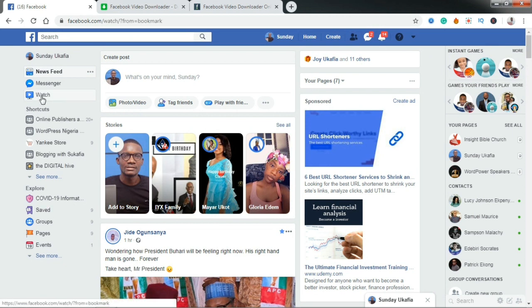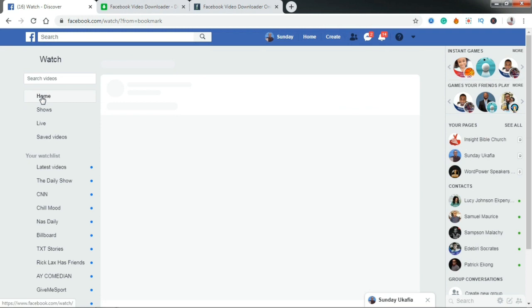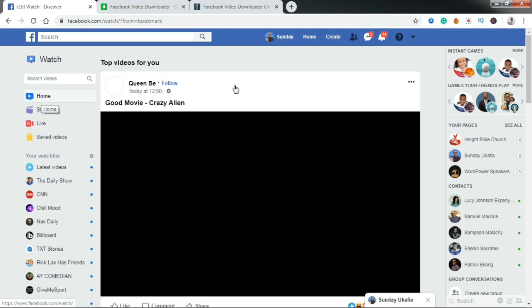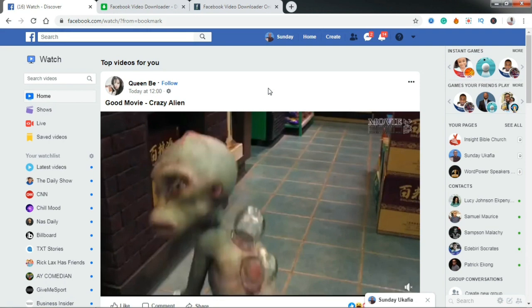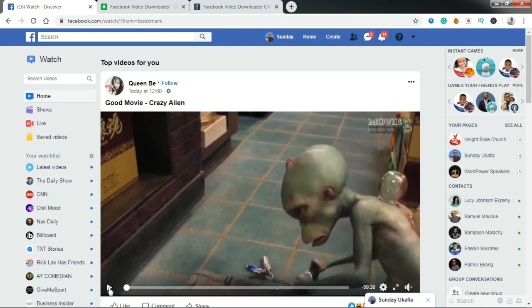Go ahead and locate the video you want to watch. Now to download the video, you're going to need to get the video URL. So first I'm going to show you how to get the video URL. So what you want to do is right click, let me pause this, right click on the video you wish to download and you can either click show video URL, so it will show the video URL and then you can copy it,